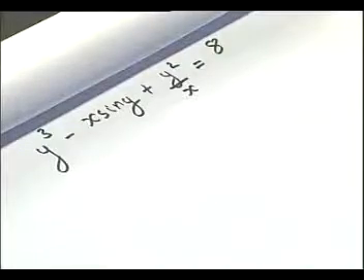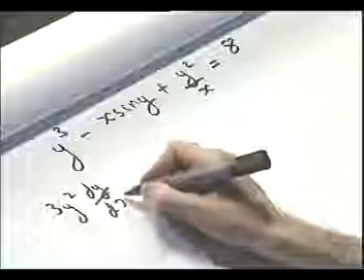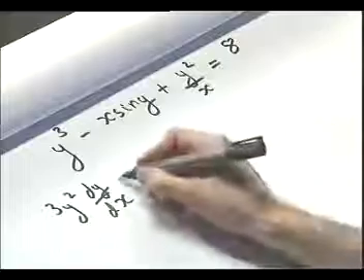If possible, we want to be able to do this directly. We want to be able to differentiate it straight away without going through the chain rule. So the derivative of y cubed with respect to y times dy by dx. So that's 3y squared times dy by dx minus,